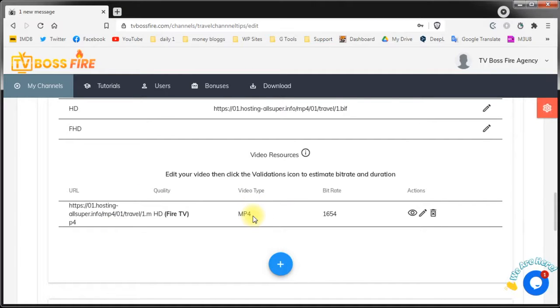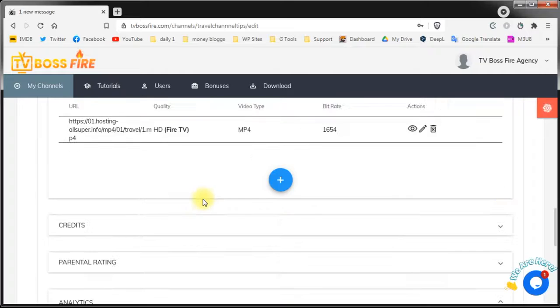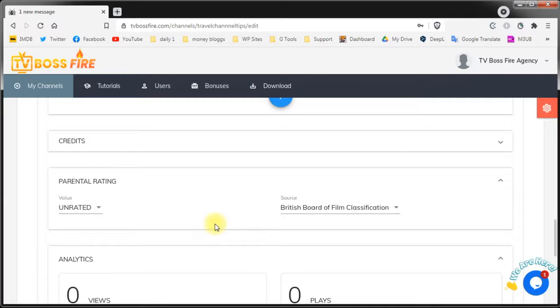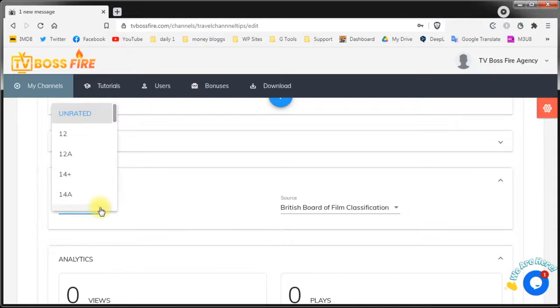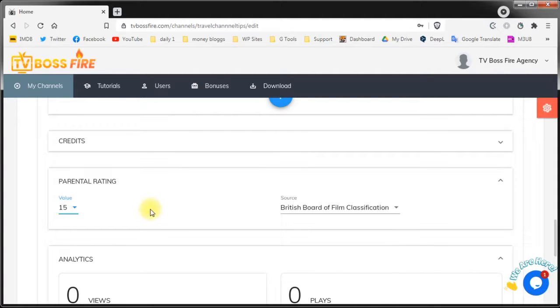If your content needs a parental rating, make sure that you mark your contents accordingly, because again, both networks use very powerful AIs to scan their channels continuously. And if they find something that shouldn't be there or something that's not correct, they may block the channel. Sometimes they send out notifications and give you the time to repair your errors, but sometimes they don't and just take the video down, or in some cases, if you have multiple errors, they can take the whole channel down.